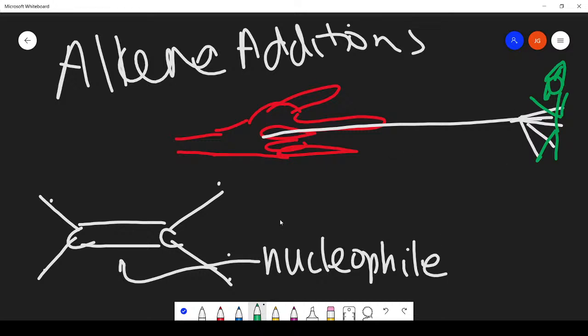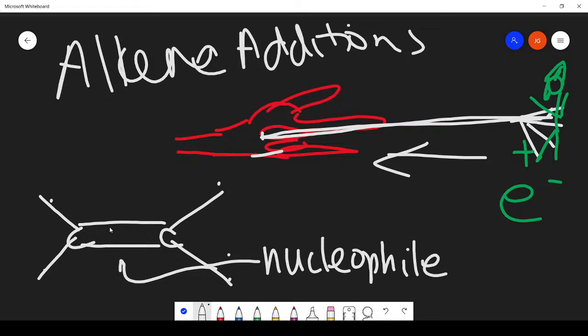So the point of that is this nucleophile kind of serves as a web shooter. It can attack something and draw it in, and this something, this target that it's attacking, is an electrophile. Right? It's more electron deficient, so it's going to have a positive charge, and your nucleophile is going to have a negative charge. And this makes sense if you think about it, because if bonds, these covalent bonds are just two electrons, right? 1 and 2. So because you have a double bond which has an extra pair of electrons in between the two carbons, you're going to be able to attack a more electron deficient,